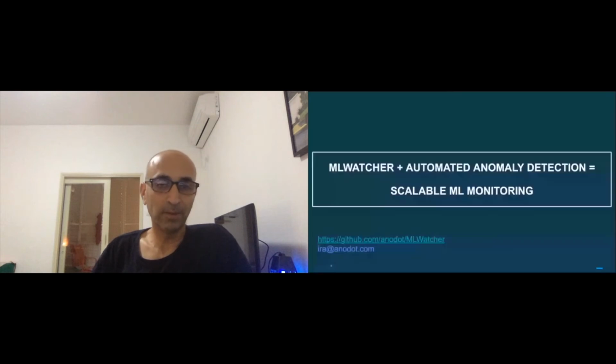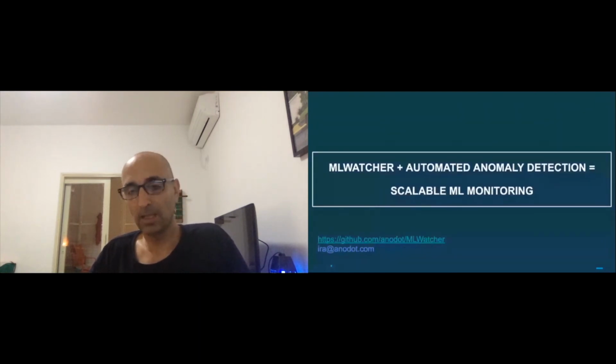So with this, I conclude the talk with this example. I wanted to summarize it with one sentence. Monitoring of your machine learning in production is critical. If you add automated anomaly detection to it, you actually have a very scalable machine learning